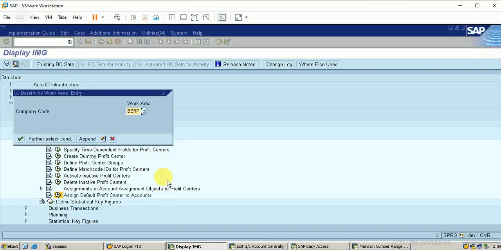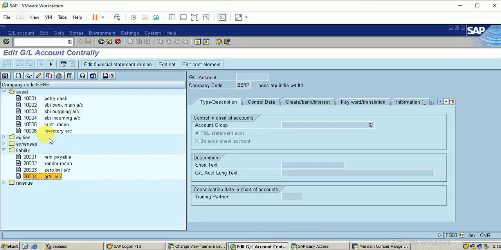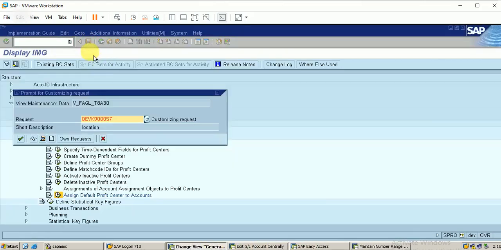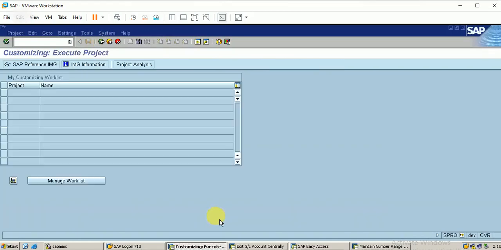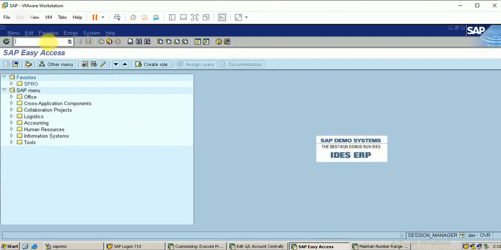But we have already configured all the accounts with document splitting. So I'm including the accounts we just created: asset 10006 and liability 2004. Here it is. Then click on save. I think we have configured it. Let me post the goods receipt once again.